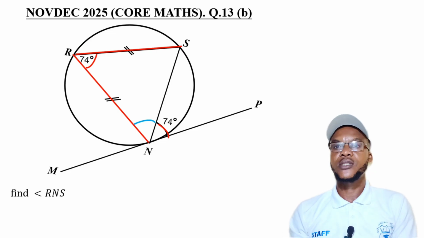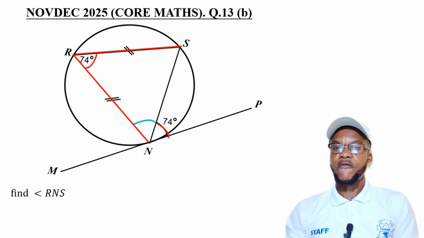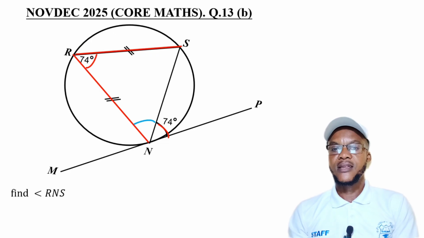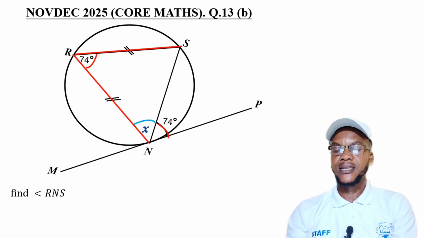Now, if we have an isosceles triangle, let's think about the properties of its interior angles. The angles opposite the two equal sides are also equal. So if we have this angle as x,